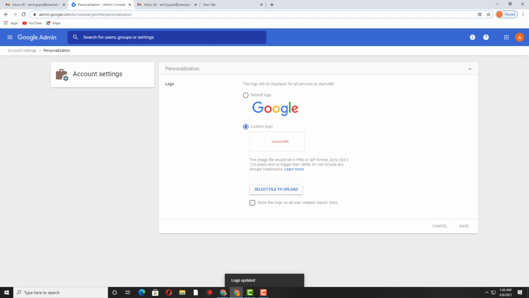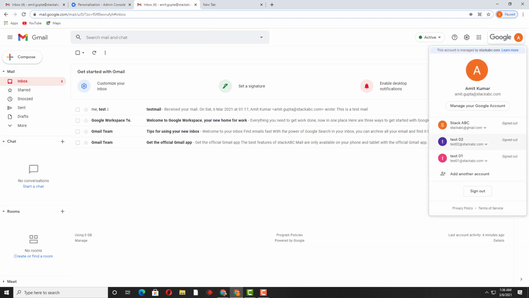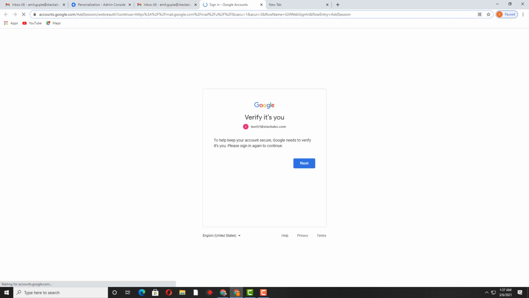Once you have saved, you just need to verify whether this logo is visible on your account or not. So you need to log in with your account. I'm just going to log in with a test account, because amit.gupta@stackabc is already logged in while we were changing the logo. So I need to log out of this account as well to see the changes, or I need to log in with a different account.